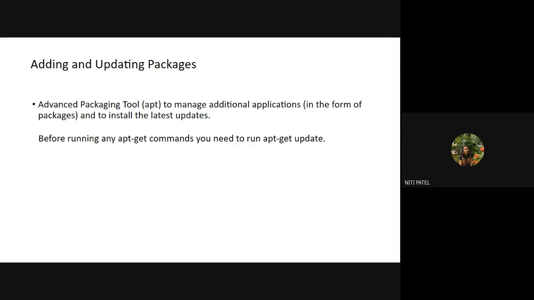The second alternative is to make use of the shell, that is the command prompt, to install that particular application. Why do we use both methods? Because Linux is a command-based operating system as well as a GUI one. We generally do not make use of the command prompt, we generally make use of the GUI only. But if at all I want to make use of the command prompt, I should know those commands also. So we will now see the commands for adding and updating packages.